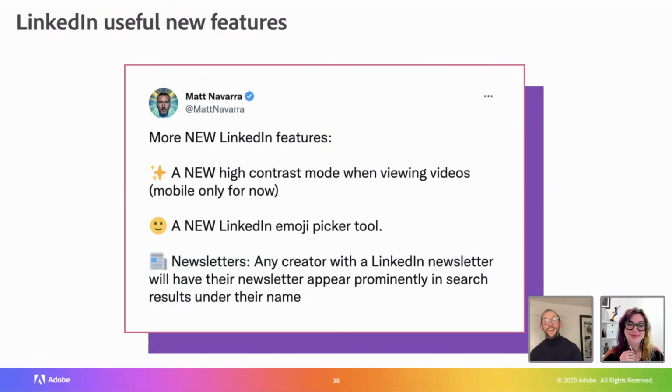Definitely. And newsletters are an interesting one. They're really pushing newsletters, and weighing up where you put your newsletter, whether it's on Substack, on your own domain, or on LinkedIn. LinkedIn's created quite a compelling solution for building and growing a newsletter, and makes it really easy to gather subscribers.